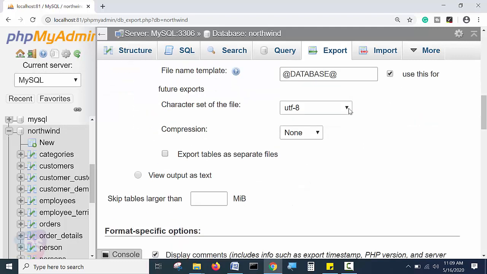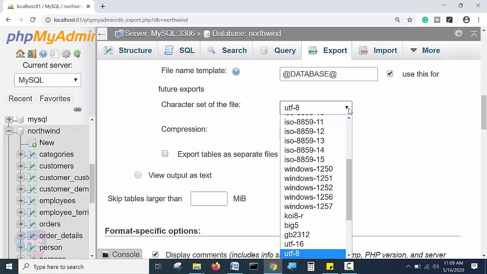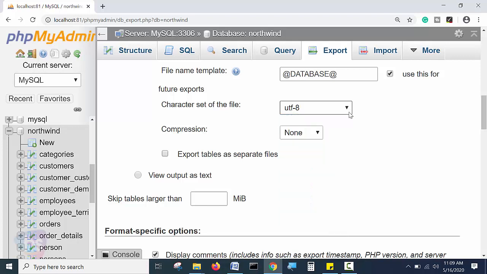Okay, and if you know the specific custom character type, you can choose your wish before taking the backup. And the compression is none. If you want to compress the backup file, which is created with the extension .sql, you can make it a gzip or zipped file. It can be compressed. Okay, and if you want separate files for each table, meaning 20 tables selected and 20 files with the extension .sql as backup files,